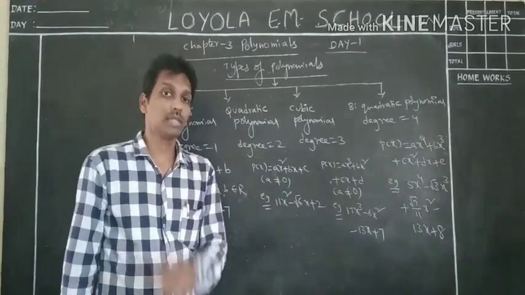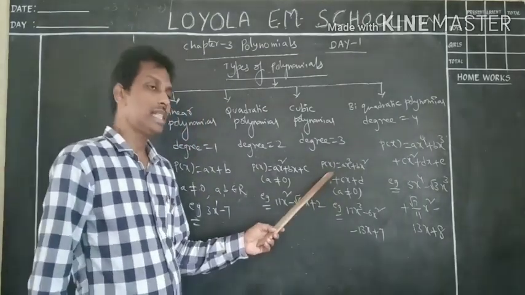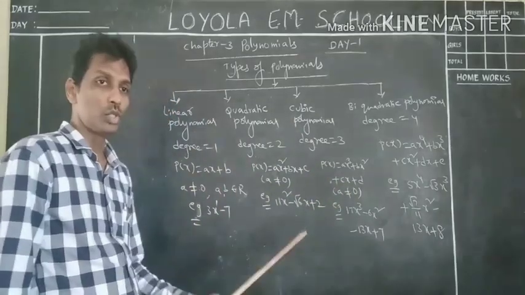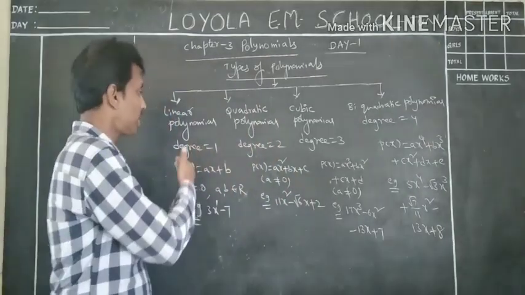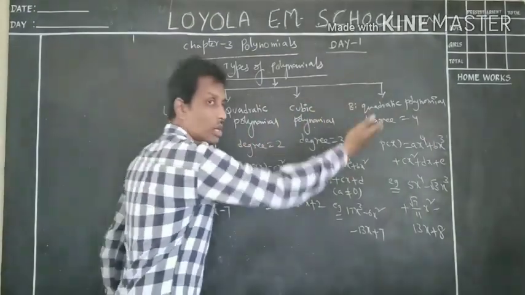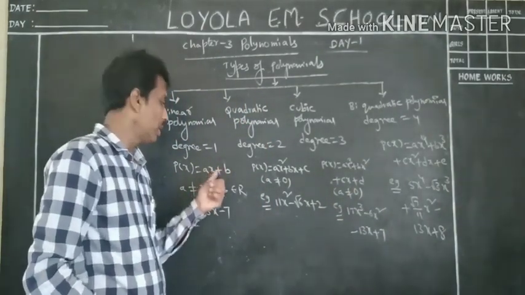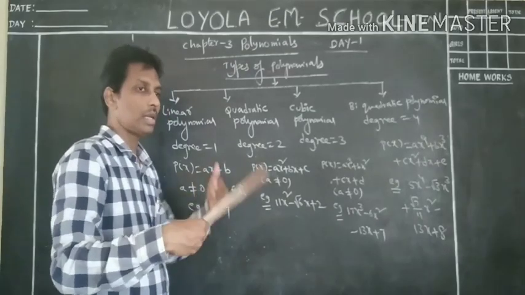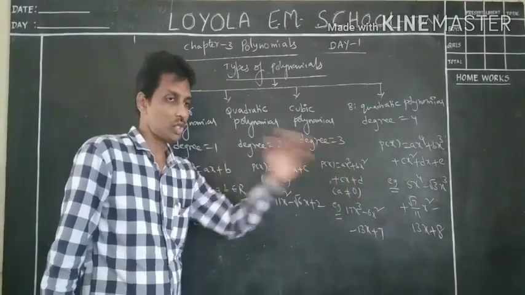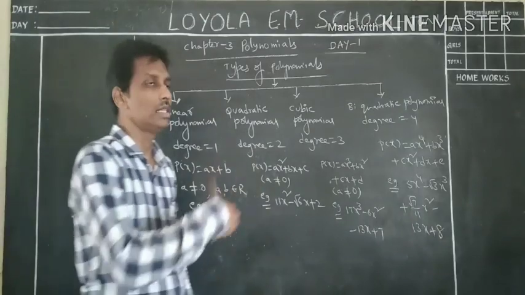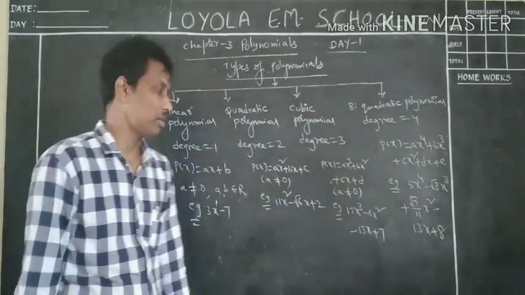A polynomial in which its degree is 3 is called a cubic polynomial. What is the general form of the cubic polynomial? Like the above two, linear polynomial and quadratic polynomial. That means here the terms are increasing. When we go from linear to quadratic, quadratic to cubic, cubic to biquadratic, the number of terms increases. Why? Because the power of the variable x must be increasing. Here x power is 1, here x power is 2, here x power is 3. So the number of terms increases while writing a quadratic or cubic or biquadratic or 5th degree polynomial or 6th degree polynomial or 7th degree polynomial.